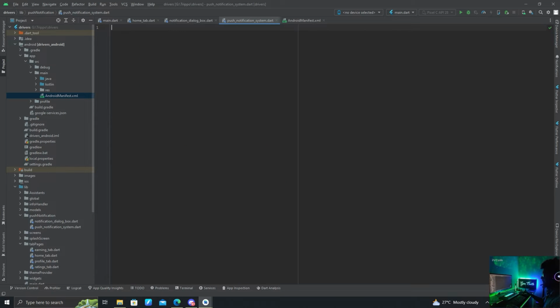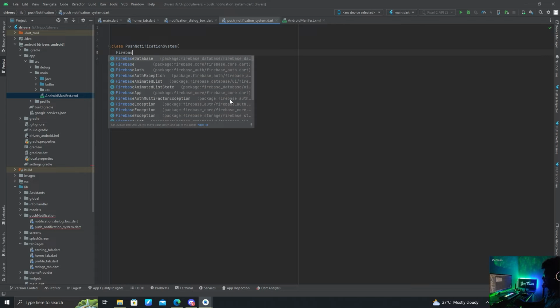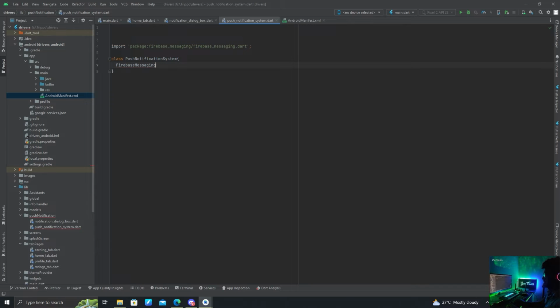So now let's go back to our push notification, and here we can add class push notification system, Firebase messaging equals to Firebase messaging dot instance,